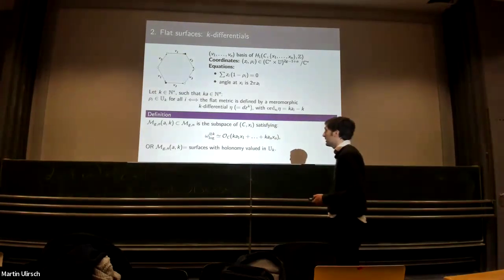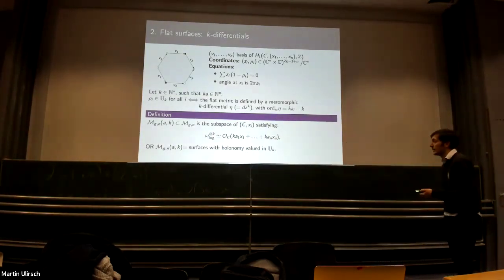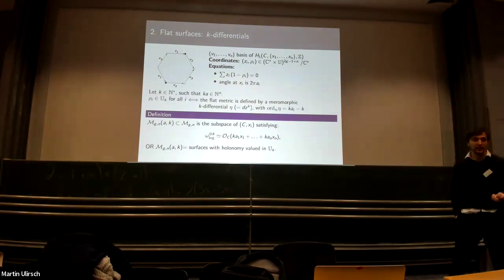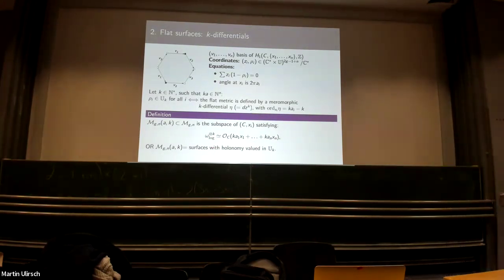If instead we say that M_{g,n}(k, a) are the surfaces with polynomial valued in U_k, this is exactly the same definition. One is algebraic and one is related to the flat point of view. But in both cases, I computed the dimension and the codimension. So that's nice, because potentially this gives me some tools to study these spaces through algebraic geometry, and not just